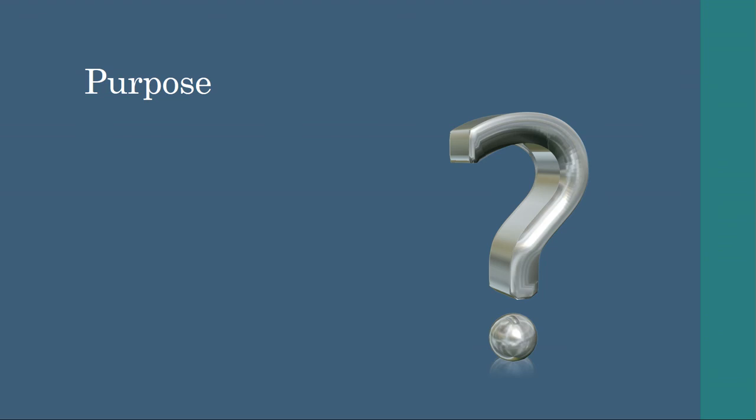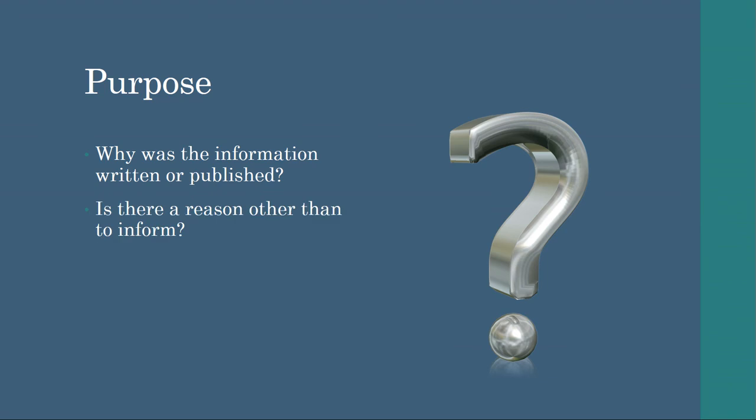Our final letter, P, is for purpose. For purpose, we are looking at why the information was written or published. The general purpose of most sources you will get through the library is to inform. That is the main purpose you want most of your information to have. There are purposes for information other than to inform, however, and you need to watch for them. Sometimes it is obvious what the purpose of information is, but other times there is a hidden agenda behind it for which you have to investigate.